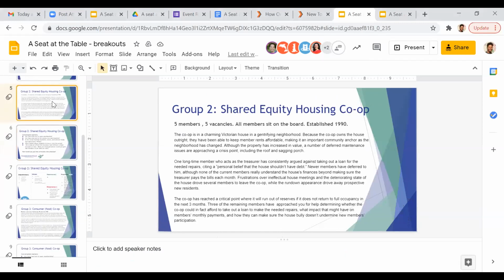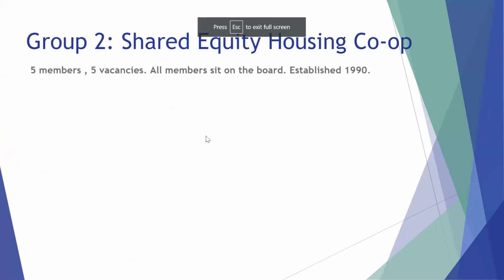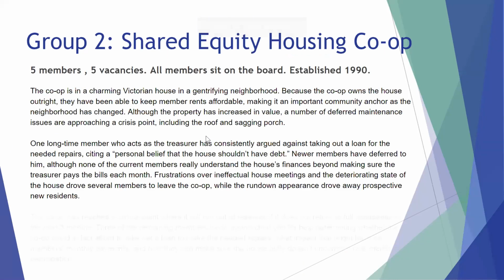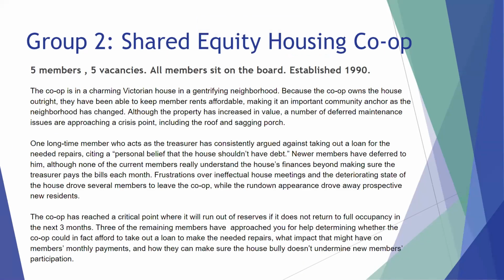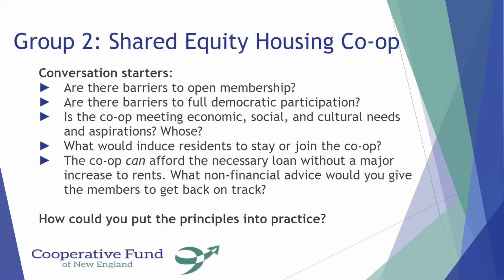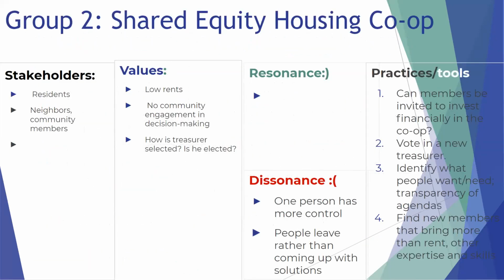So in the situation, the stakeholders are the residents, the neighbors, and the community members. They seem to value low rent. There didn't seem to be much community engagement in the decision making. And it's not clear how the treasurer is elected or selected. It seems that he has a lot of control and that people leave rather than coming up with